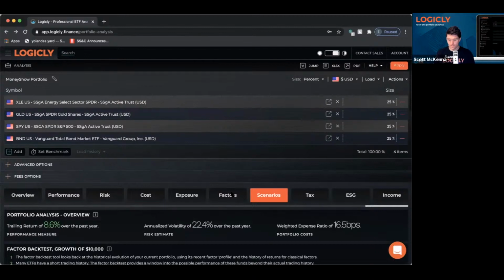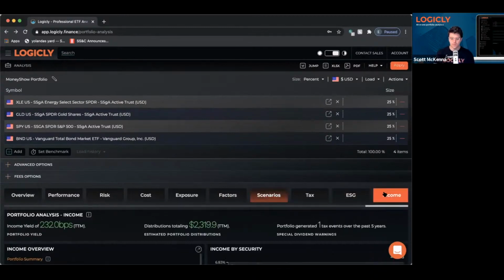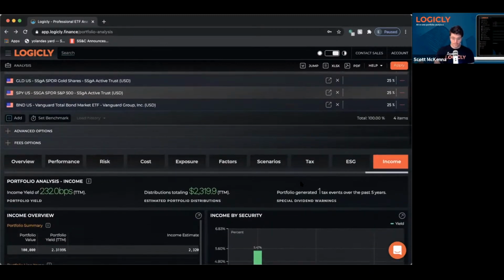So another thing that I wanted to go over as well is income. Obviously, talking about income is something you'll probably do a little bit more with people who are closer to retirement, but it's something that you always want to have a conversation with your clients about, right?